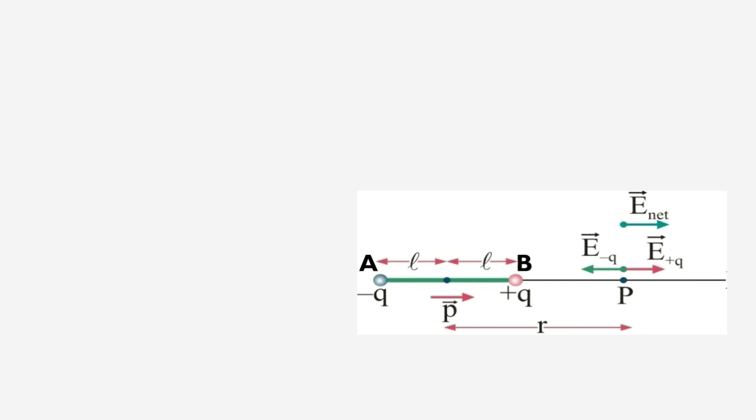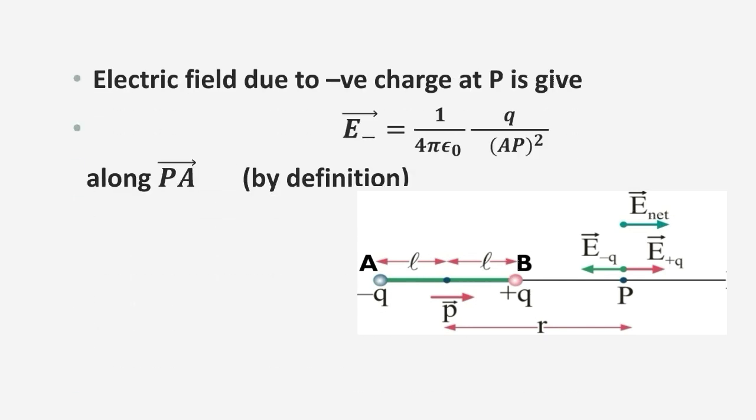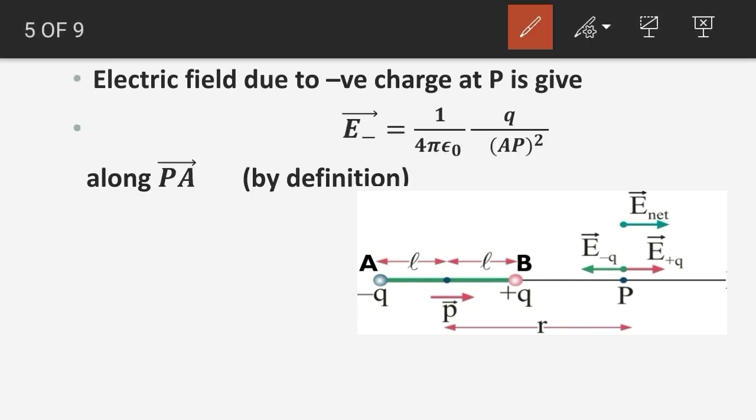So here we go. There is a point. Suppose, then first we have to calculate the electric field due to the negative charge. So if we calculate this, I shall name it E minus vector, 1 by 4 pi epsilon 0 q divided by the distance of investigation, that is AP. The negative charge is situated at A, and the point of investigation is P, that's why the term AP. So 1 by 4 pi epsilon 0 q divided by AP square, and the direction is always given by a single point positive charge.